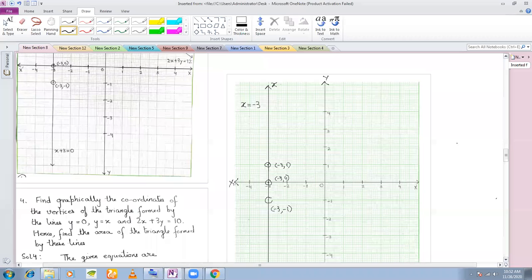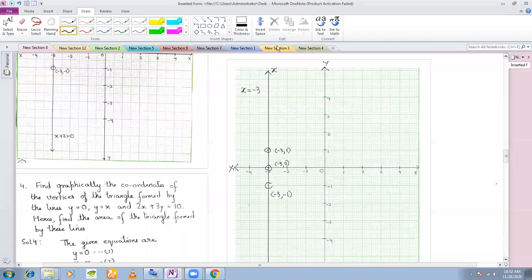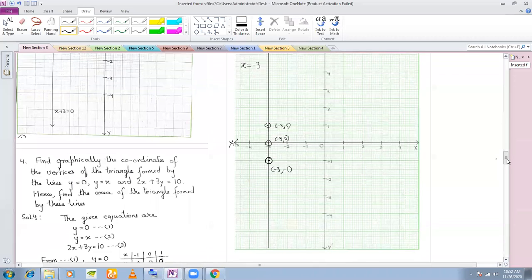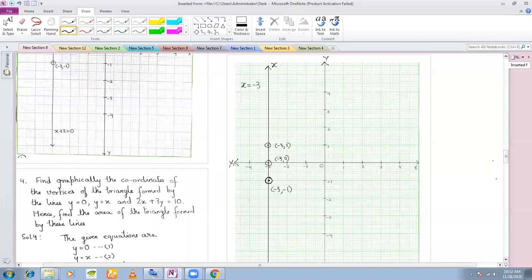So in the last class, I had plotted these 3 points for the line x plus 3 is equal to 0. These are the plottings that I have done. I have joined these 3 points with the help of a straight line. What I saw was that this line was not only perpendicular to the x-axis, but it was always parallel to the y-axis, and it is at a distance of 3 units from the